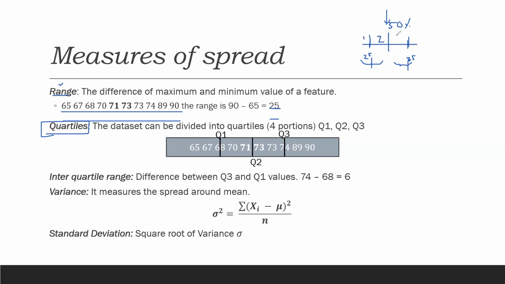1, 2, 3, and 4. This is Q1, this is Q2, this is Q3. So this becomes the first 25th quantile. This becomes 25 to 50. This becomes 50 to 75, and this becomes 75 to 100. So what you're trying to do is arrange the data set in increasing order, dividing it into four parts. If you want to divide it in four parts, you'll require three cut points, like four quarters. So this whole becomes Q1, this whole becomes Q2, this whole becomes Q3, and this becomes Q4. You don't have to mention Q4, it is understood.